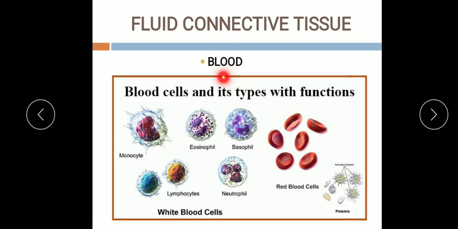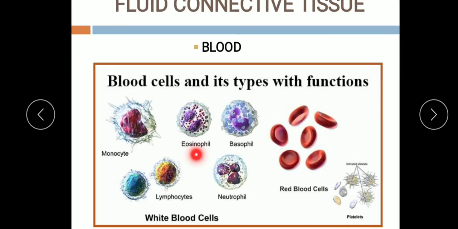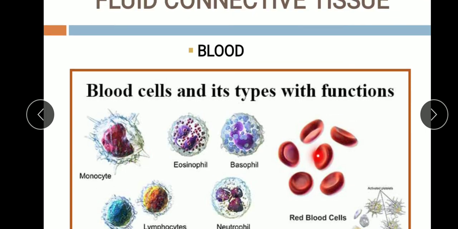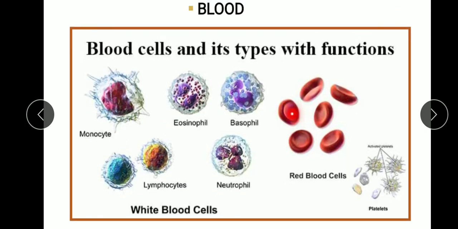About blood you have studied in the 8th class also, that blood consists of different types of blood corpuscles. They are suspended in the blood plasma. And what is plasma? A straw colored fluid which contains 80 to 90% water, 5 to 10% of the cellular elements, and the cellular elements are of different types. Remember, three types. RBCs, red blood cells, are there. These are the red blood cells. Their function is to carry the oxygen with the help of hemoglobin present in them.